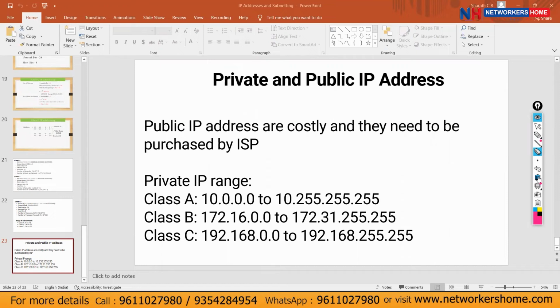So in real time, if you have a prototype device or a project and that project requires some IP address, will you buy the IP address from an ISP? For a demo model, will you buy an IP address from an ISP? No, it's a testing model, correct? For that, you will use a private IP address. If it works inside your organization, it is enough. And if you want to deploy that model in real time, for the public, then you need to buy an IP address from the ISP and assign it. ISPs are your ACT, Airtel, Jio, these people.